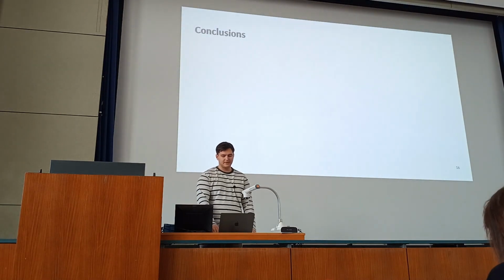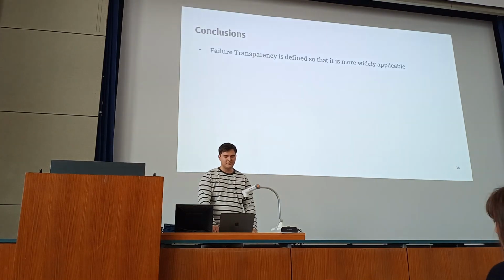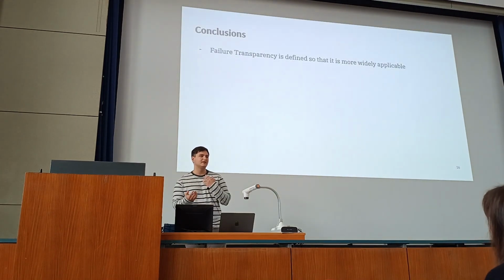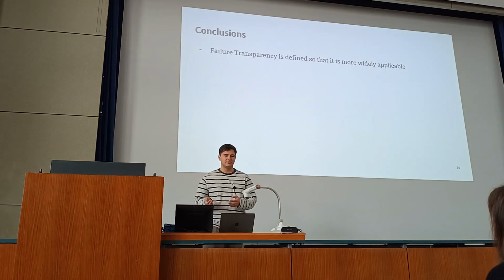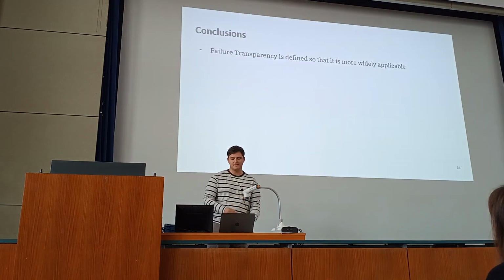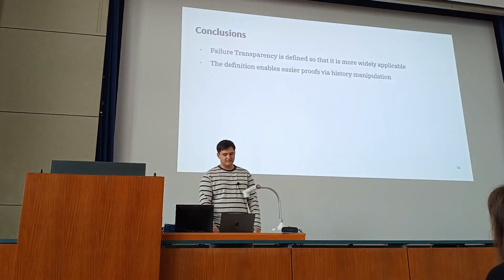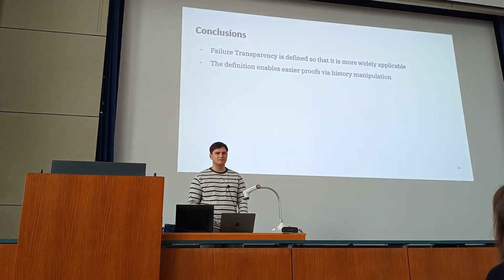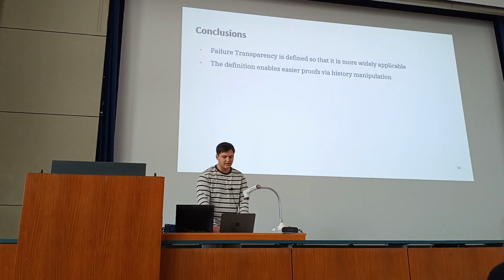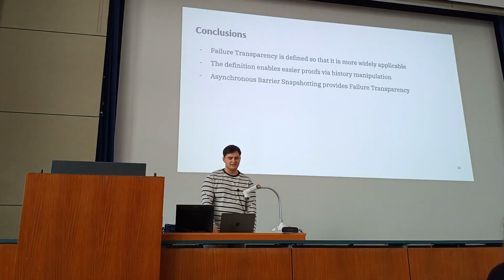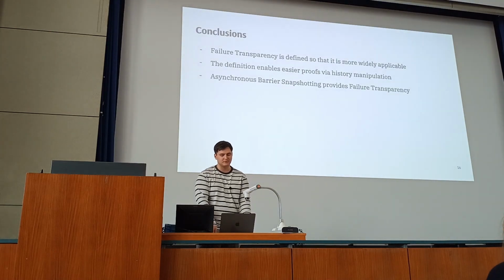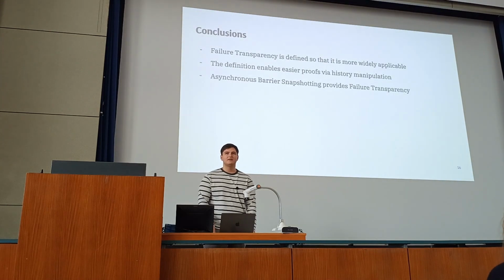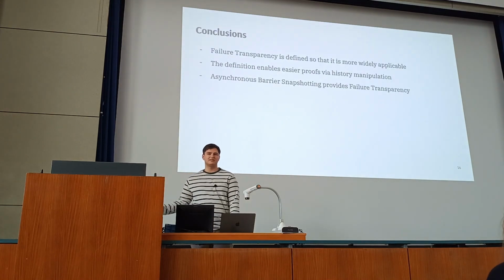And now, conclusions. As a result of this work, we have defined failure transparency in a way that is applicable to pretty much any system explained in small-step operational semantics with explicit failure-related rules. The definition enables easier proofs via this history manipulation proving, at least we did so. And last but not least, asynchronous barrier snapshotting is now proven to provide failure transparency. And we have also proven that it has liveness,